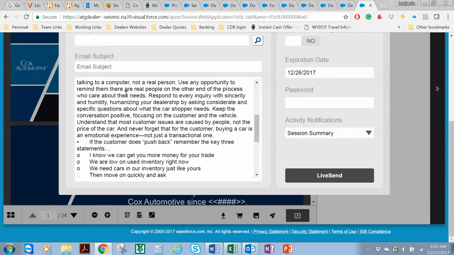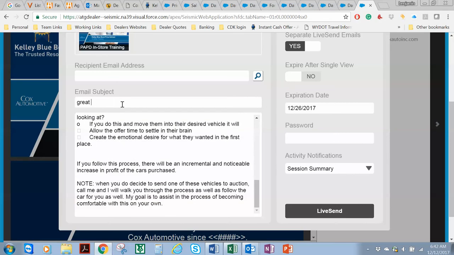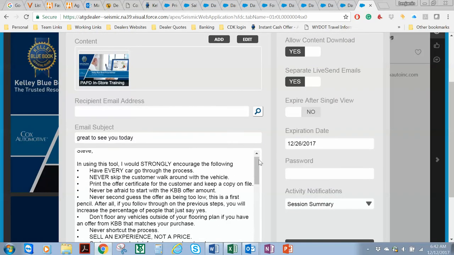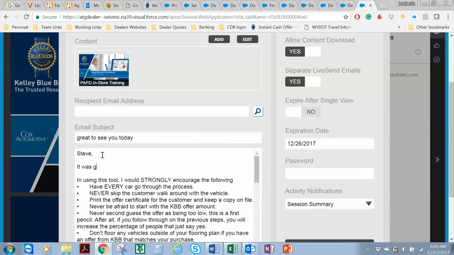I paste all the information I think would be interesting to them, add a subject line, and then make sure to add something personal to this, as well as discuss anything that we talked about within our presentation that I need to refresh or go over with. After I've completed that,